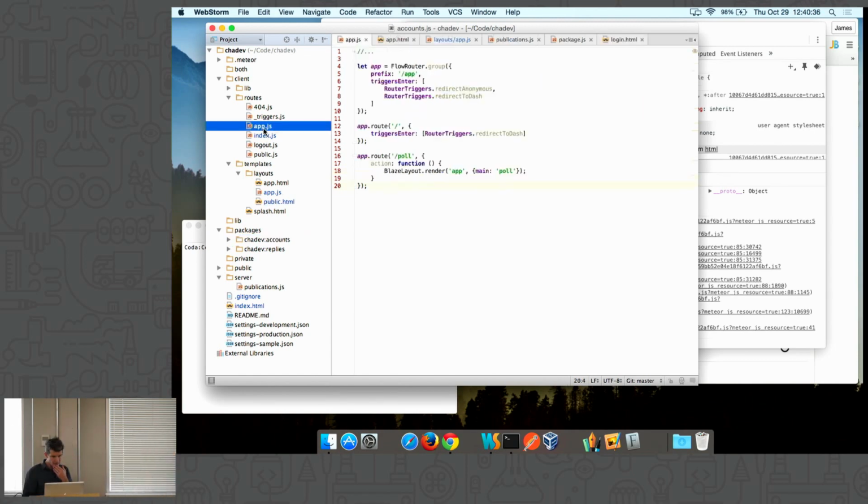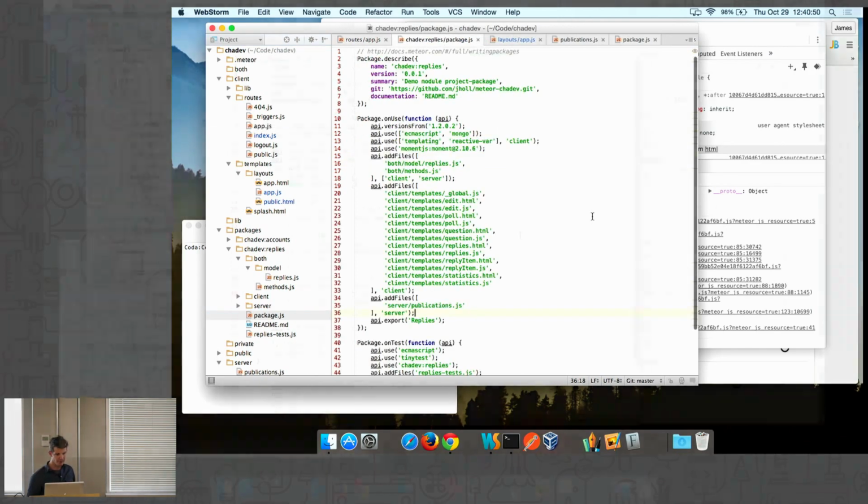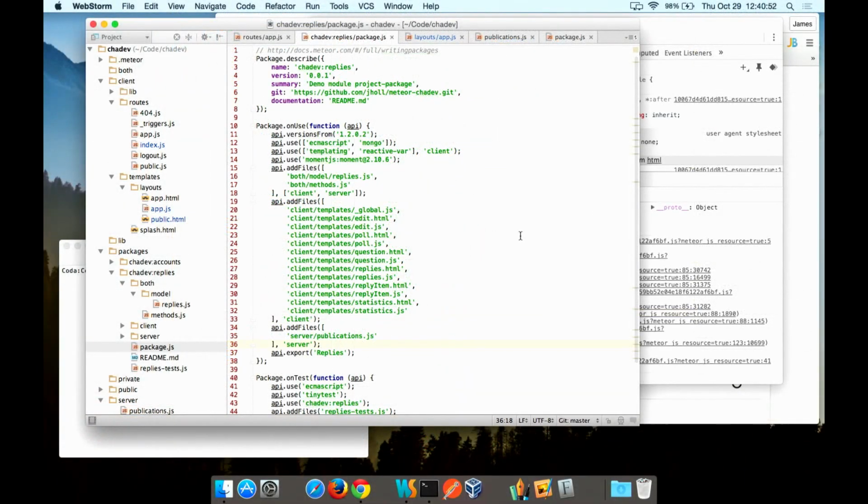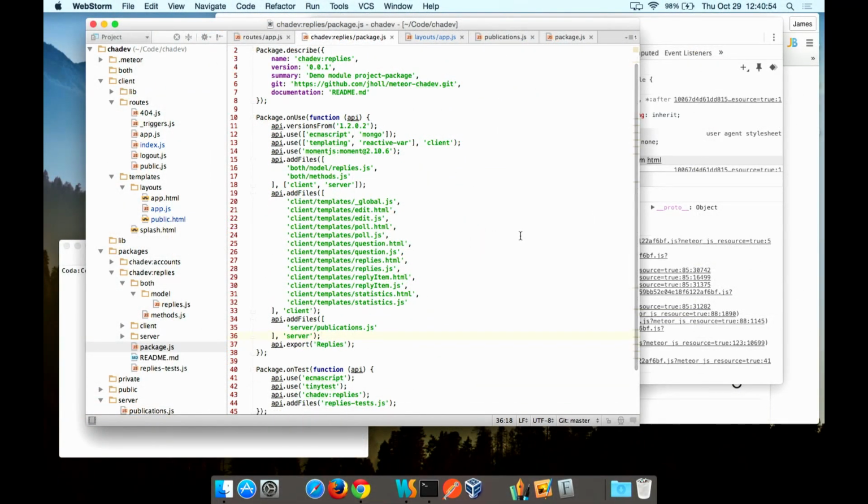The other thing that we had in our app was our poll. So let's go into poll and let's see where that all exists. Now, I just created one module, my little replies module. So if we go into the package and we look at that first, what we can see here, I've given